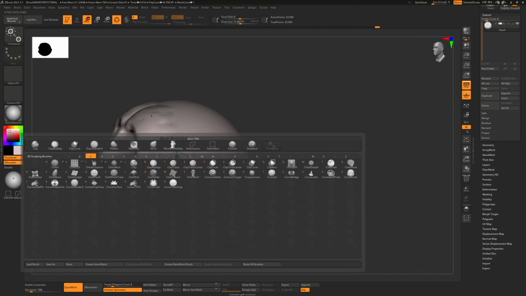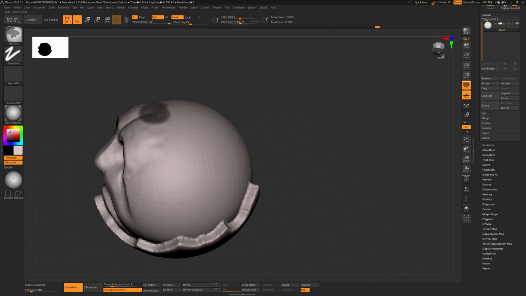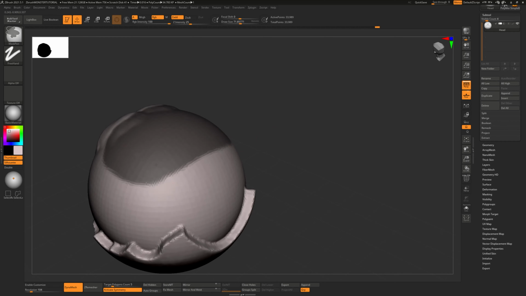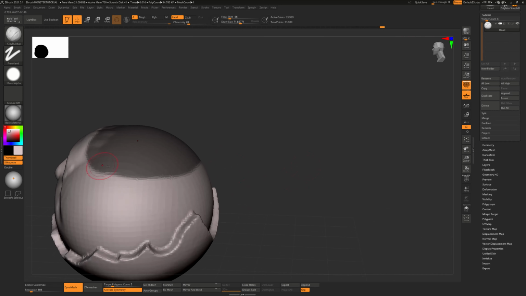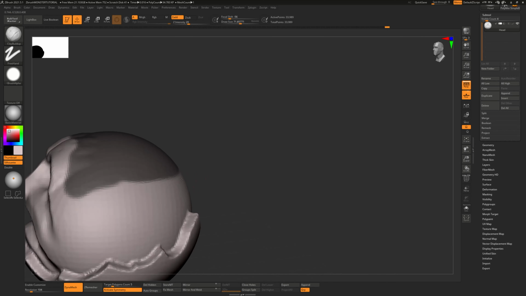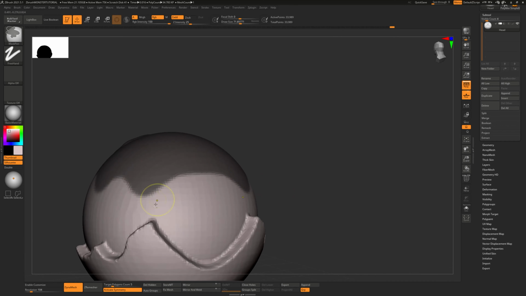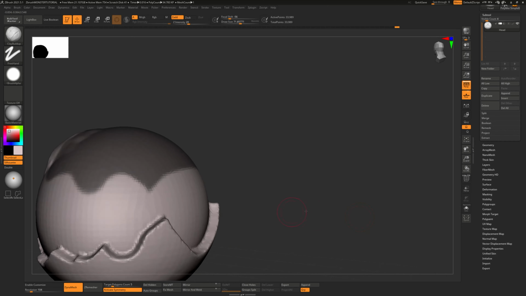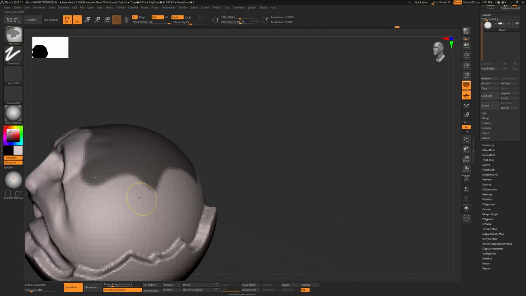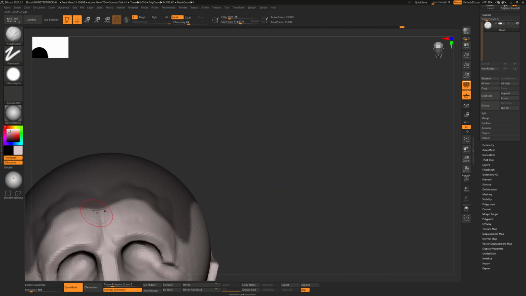So we're going to hit BCB just to bring up any kind of brush. Then just paint in this. Then we can add in the crack details, like the cracked shell parts, by creating these globs and then refining them by holding in Control to paint the mask, and then Control Alt to paint away or to cut into the mask. And we'll do some up here, kind of balance it a bit,